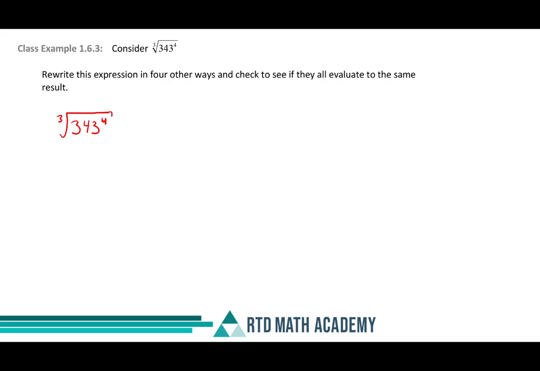And the first thing we're going to do is take 343 and raise it to the power of 4. That means I'm going to take 343 multiplied by 343 multiplied by 343, and then multiply it by another 343. And then I'll take the cube root of that number. But guess what that number is? That number happens to be, oh boy,